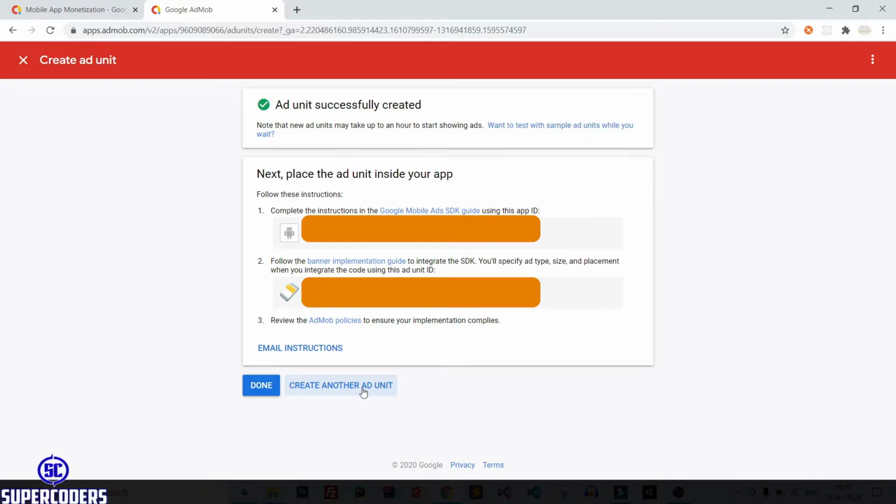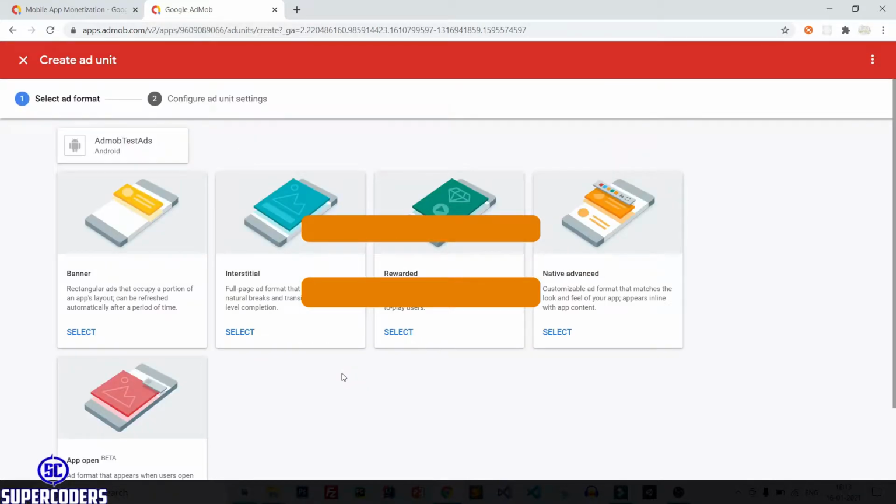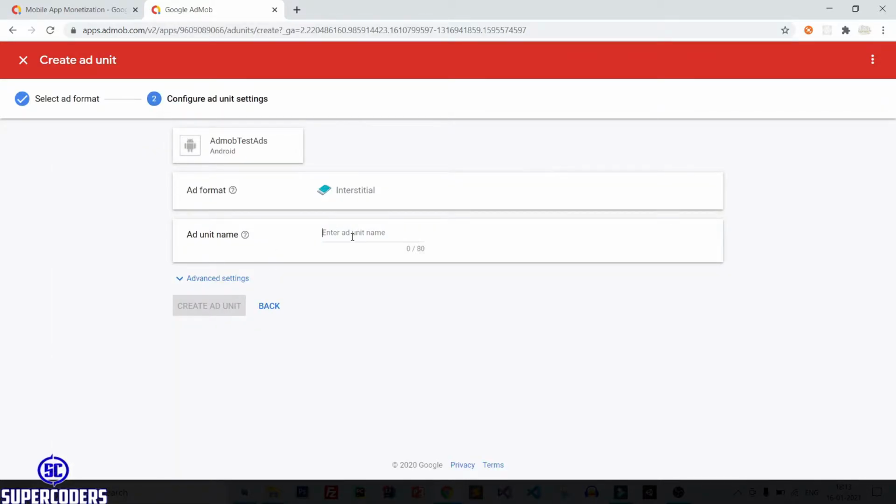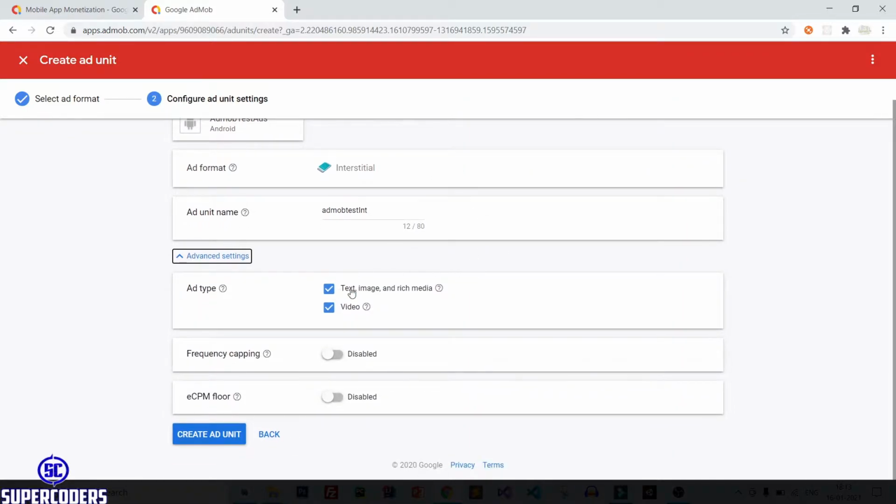Now let's create another. So click on create another ad unit. After that, select interstitial and this time name it AdMob test int. Click on advanced setting. Again here check it is default, and here is one more option which is frequency capping.